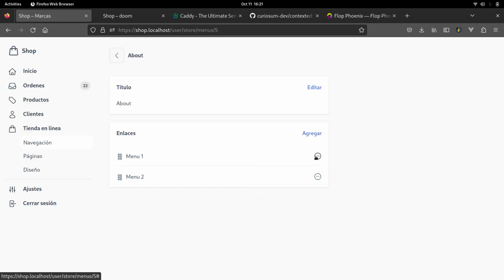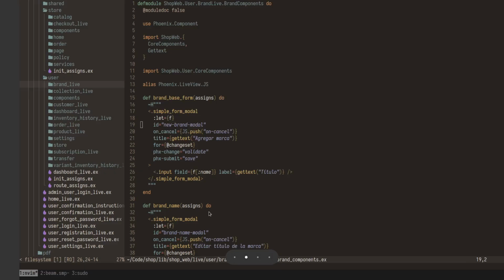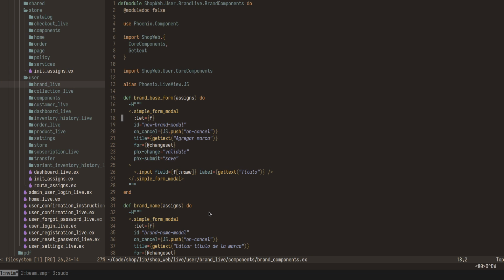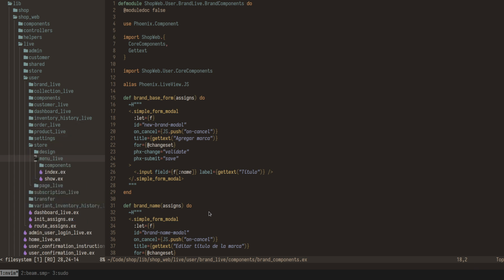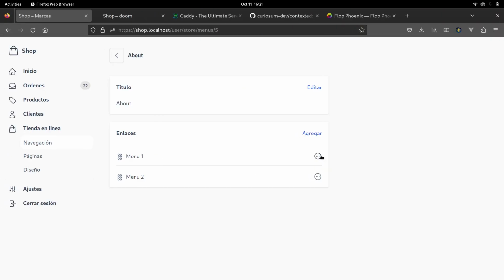So for those forms, I am using LiveView components. Okay, let me show you a little bit of code. What is this part? User, store. Okay, so yeah, in this case, each form, this one and this one,